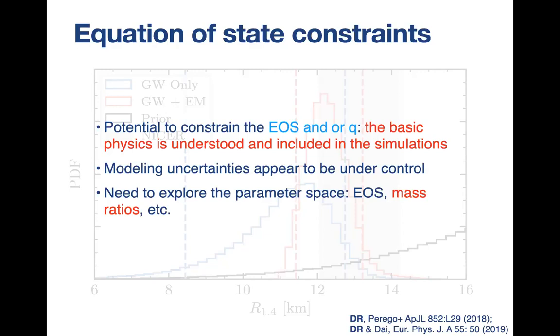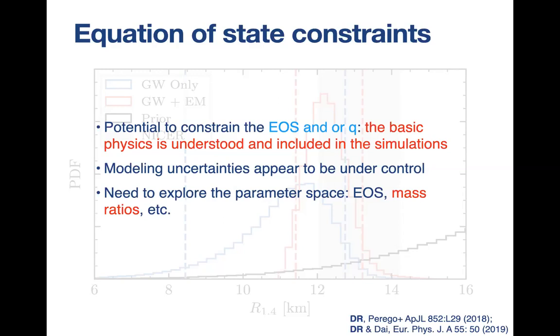Where I think what is most important is not really focusing on the constraint of the neutron star radius, because I think this is really a first step. We don't understand all the systematics yet, but rather to appreciate the potential of this method. Because as we do more simulations, we'll be able to, first of all, understand better how these masses change as a function of binary parameters, including not just the equation of state as we have done now, but also perhaps the mass ratio separately.